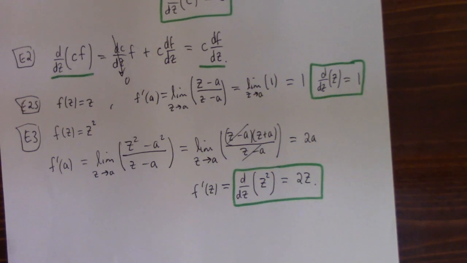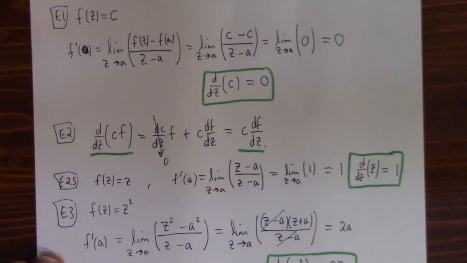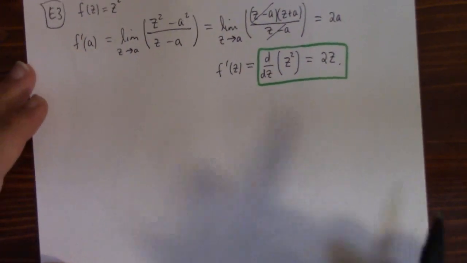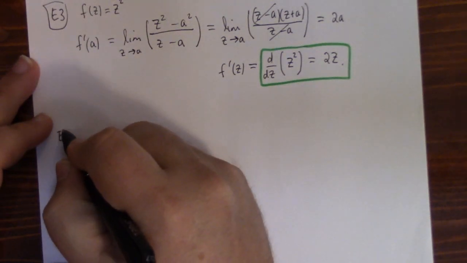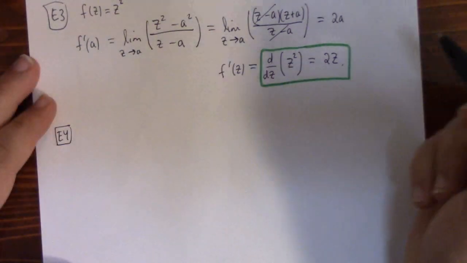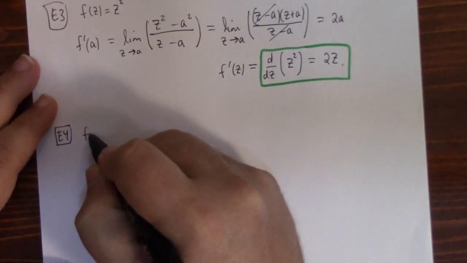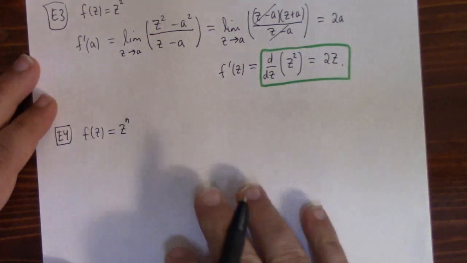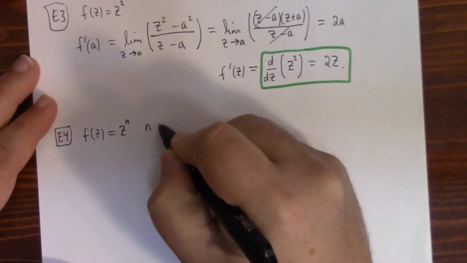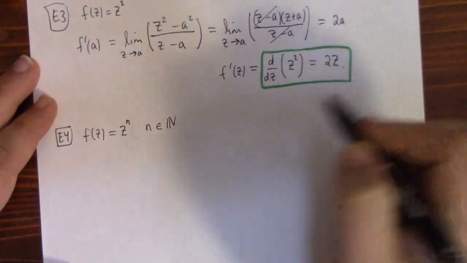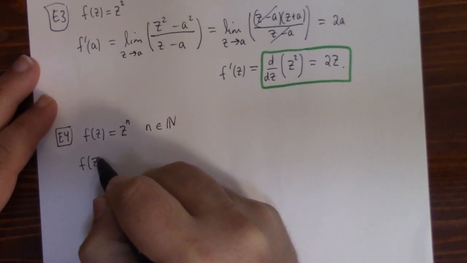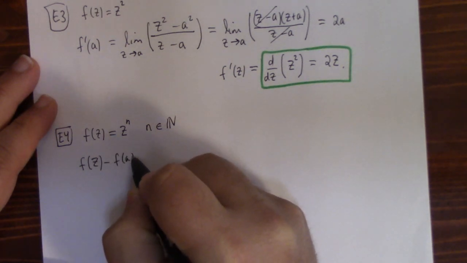And as you can see, the arguments I'm giving on this page are very much just the way we do it in Calculus 1. Here I'll do one more. I'm going to step it up a notch here. Suppose you're looking at f of z equals z to the n, where n is a positive integer. Then in this case, if we look at f of z minus f of a,